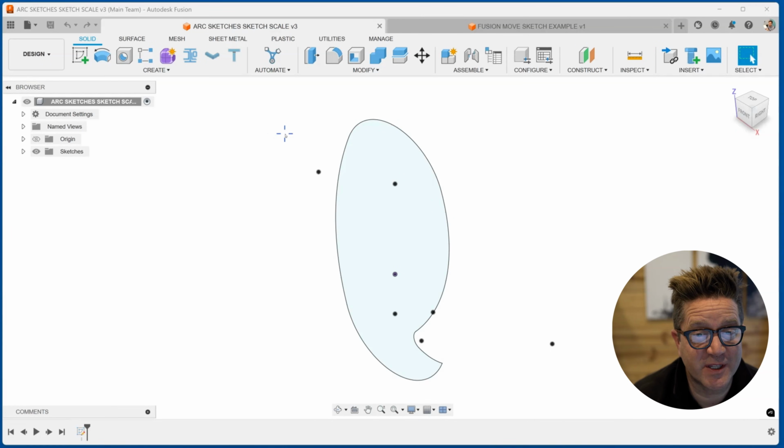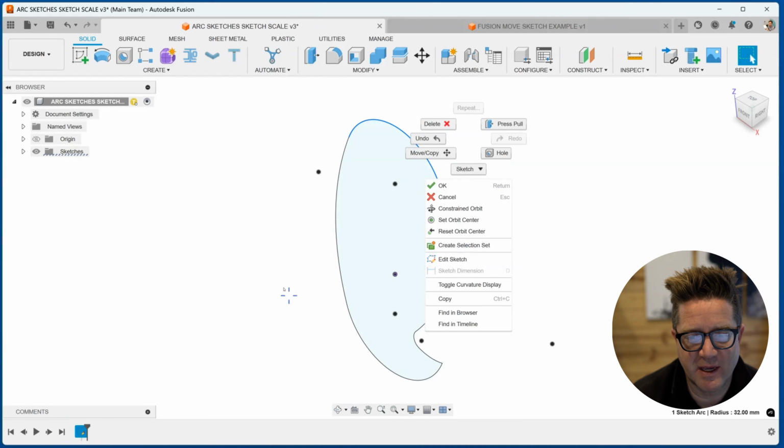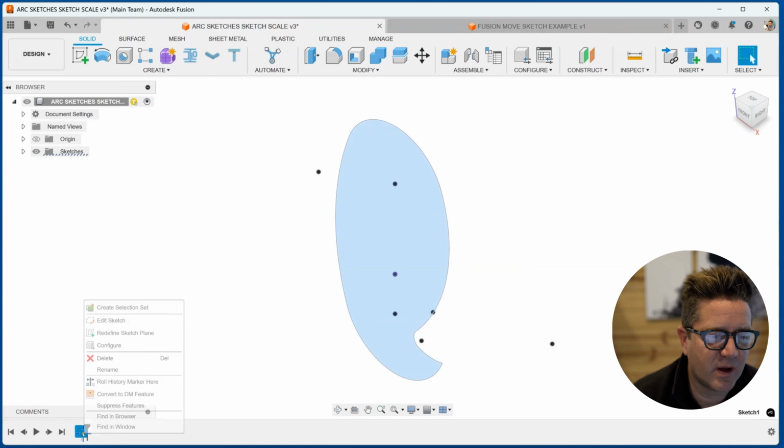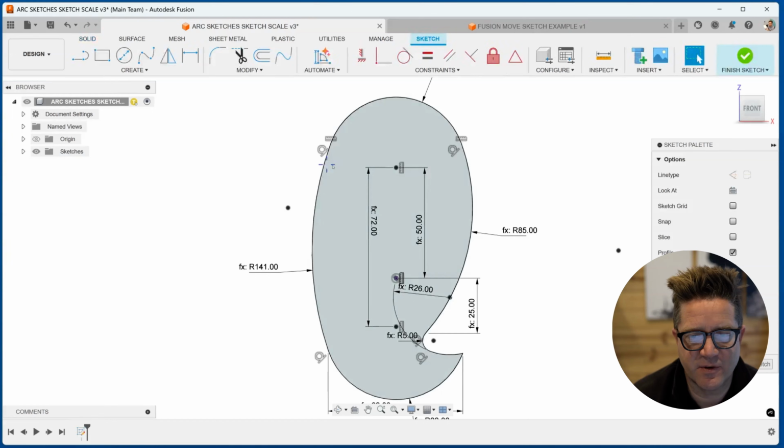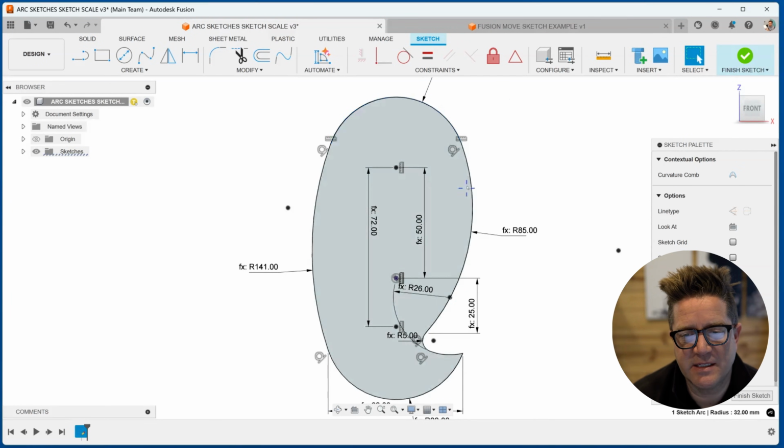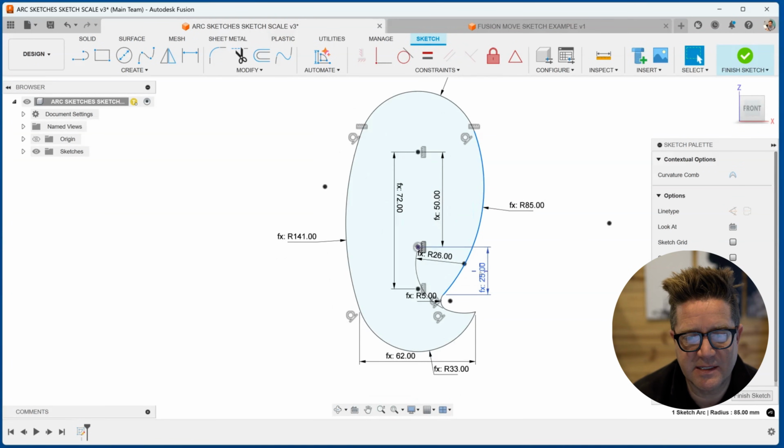Here we go. So the first thing is you do need to be in the sketch. I'm trying to drag this, it won't move. I can't find the move command, it's not there. So I need to right click, edit the sketch. That's the first thing. Now, when I drag this, nothing moves, and that's by design because I've done all this